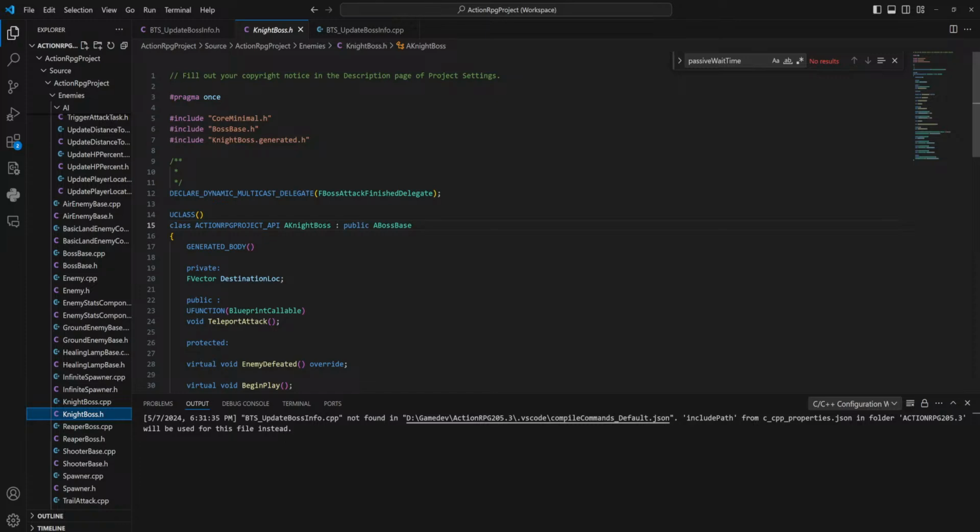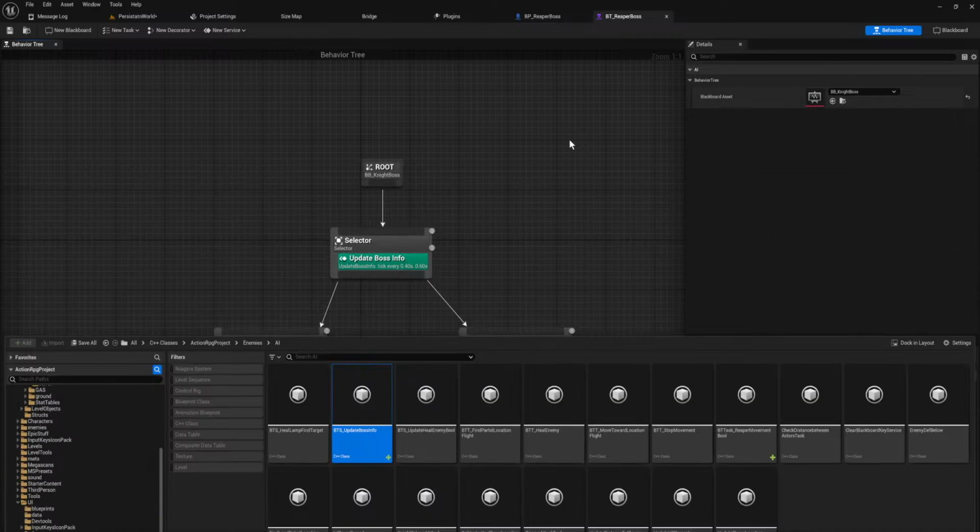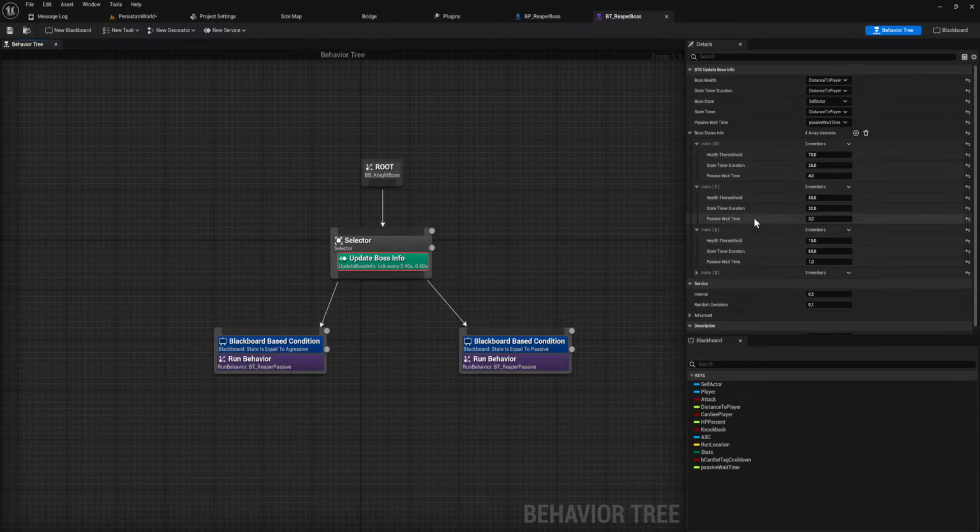That is worrying. Is it a blueprint enum? Surely it's not a blueprint enum. Is it?